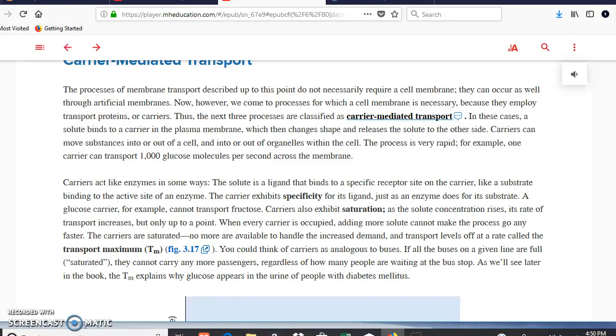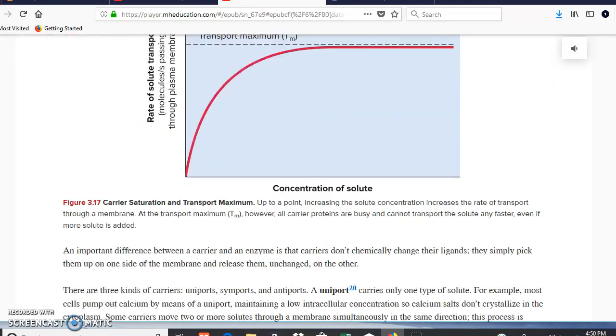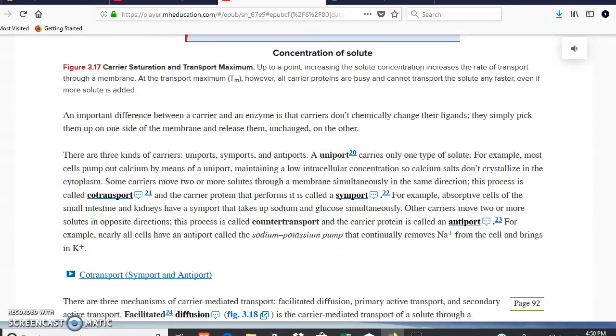So let's keep scrolling down and see what we have next. Right here, we have three different kinds of carriers. As you can see, they are uniports, symports, and antiports. Uniport transports only one substance across the membrane. Symport transports two different ones, but they both are transported in the same direction, and therefore that process is going to be called cotransport. Antiport also